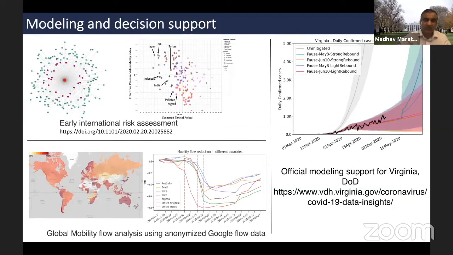On the top left, we did a study, and this is on medRxiv, it's under review. We studied early on how would the disease make its way to other countries once it starts to move out of China. And we could do a reasonably good job on predicting this, what's called importation risk. On the right side is our weekly projection for our state. We do a fairly detailed analysis, and this data is available on the state website every week after we are done.